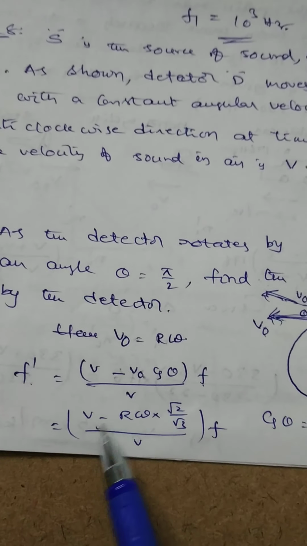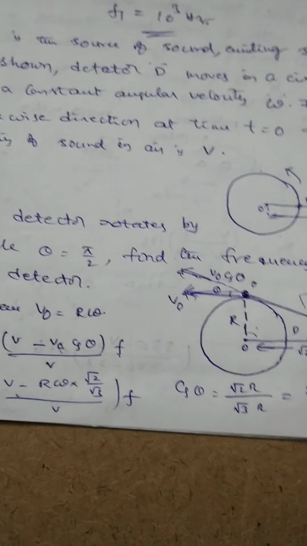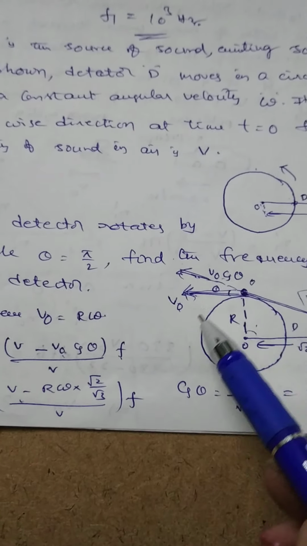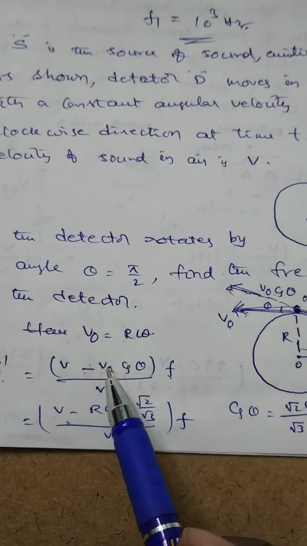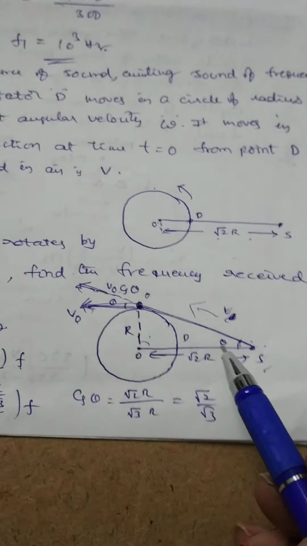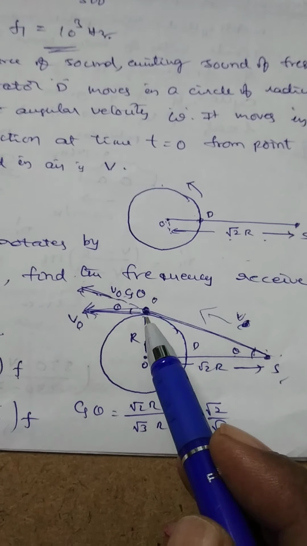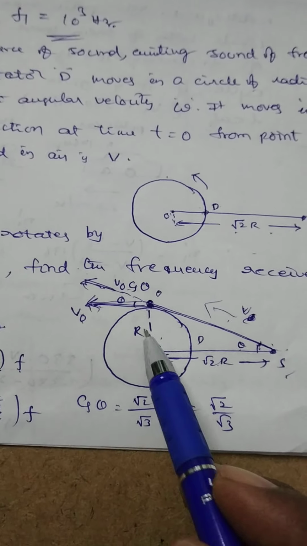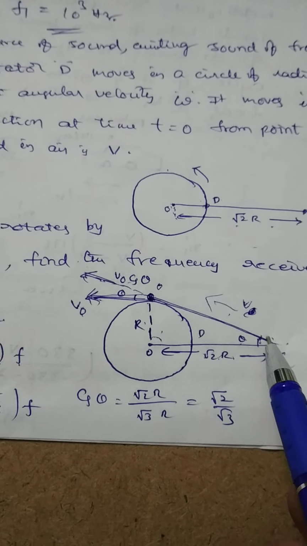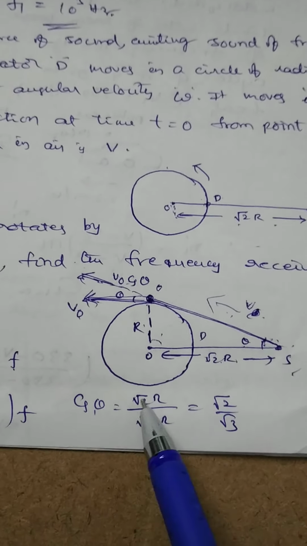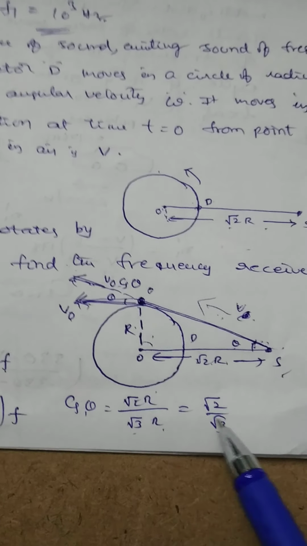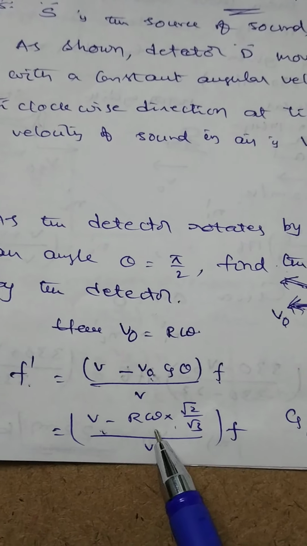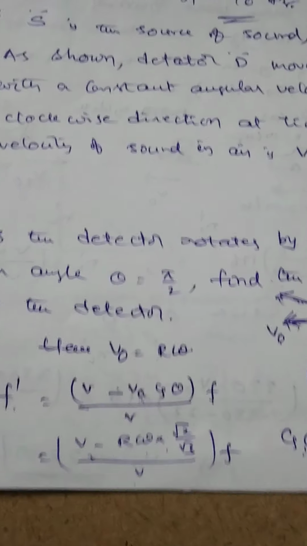That is equal to V minus observer velocity, as the observer is revolving along the circular path with a constant angular velocity. In case of circular motion, V equal to R omega. So V0 equal to R omega into cos theta. From this diagram, it is a right angle triangle, cos theta is equal to adjacent side by hypotenuse. This is R, this is root 2R, and this is equivalent to hypotenuse root 3 into R. cos theta is equal to root 2 into R by root 3 into R. So cos theta equal to root 2 by root 3. Therefore f dash is equal to V minus R omega into root 2 by root 3, by V into f,